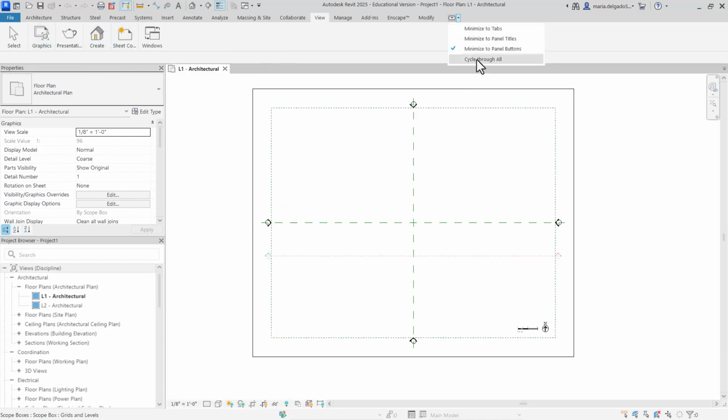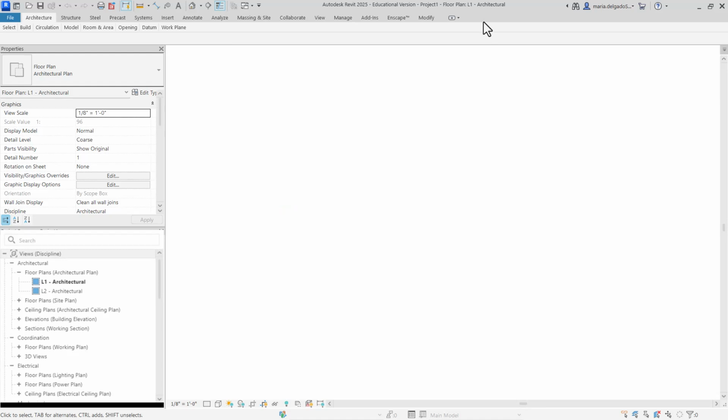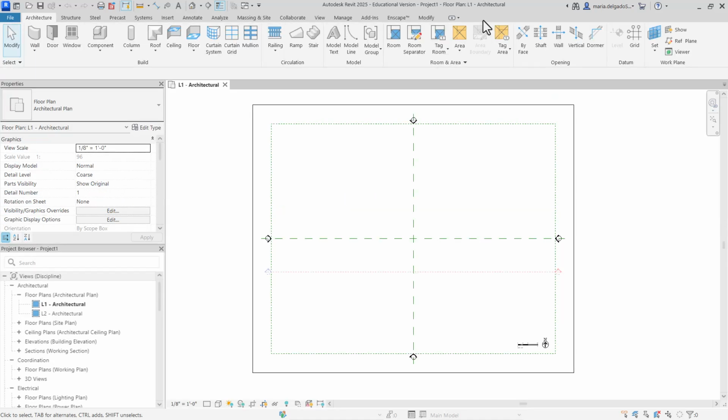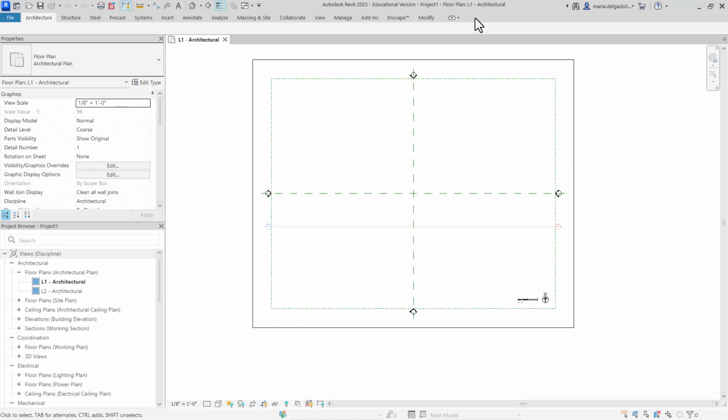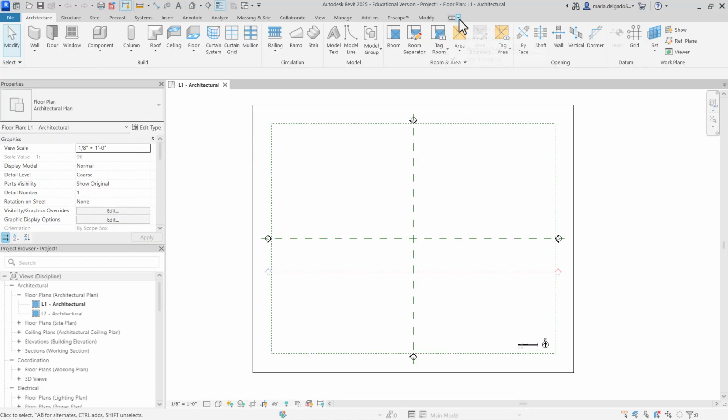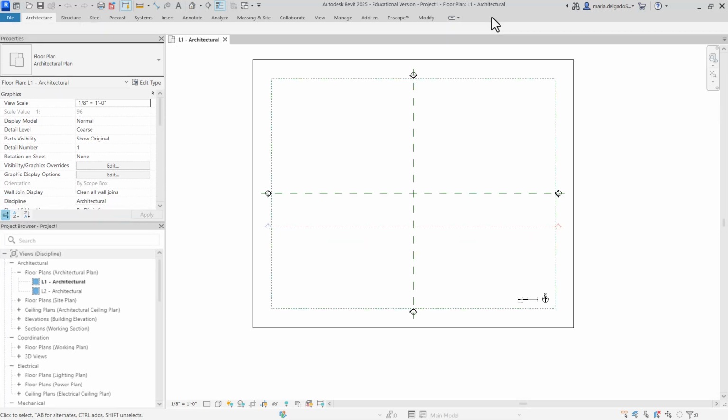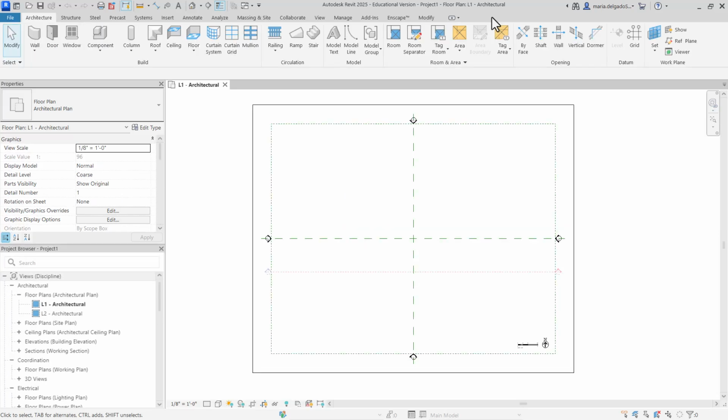And you can also cycle through all of them. So by double clicking in this gray area, you saw that I cycled through all of them. So again, if you have cycled through all, which is the default, and you double click in this area, you can cycle through all the options. So now I've returned back to our default.